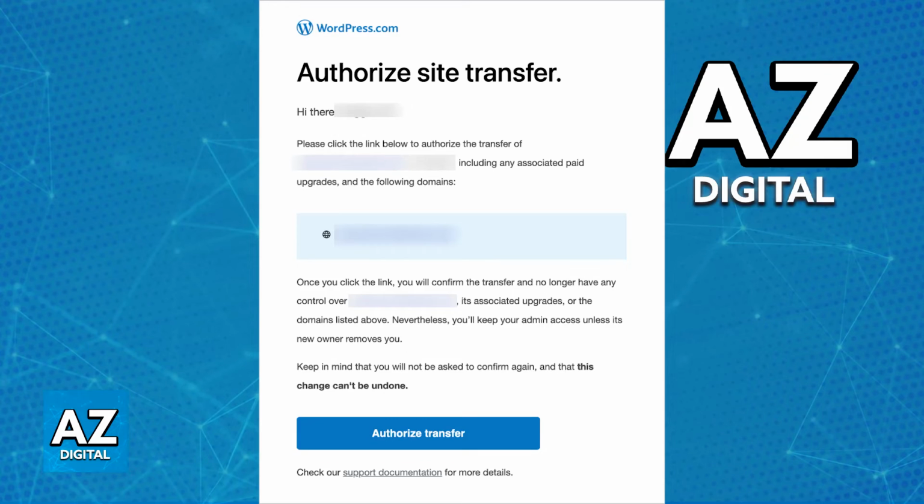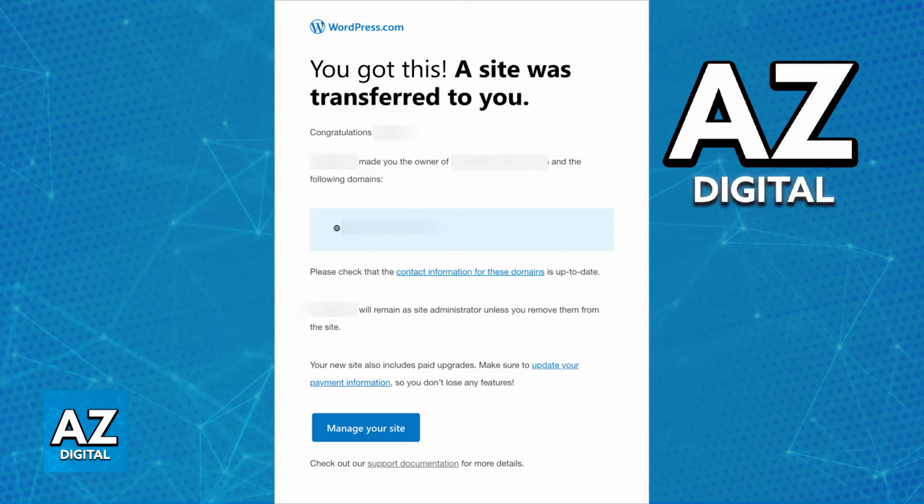The new owner will be able to change the author later, and your WordPress.com plan and any other paid upgrades will remain on the site, but they will be transferred to the new owner. Your old billing history will remain on the original site owner's account, while future transactions will be associated with the new owner's account. You will be able to authorize this and transfer the ownership in full.